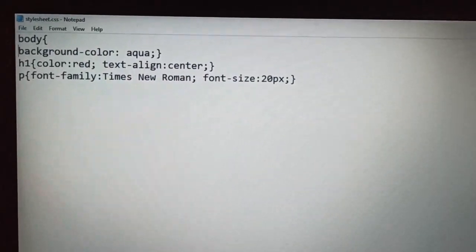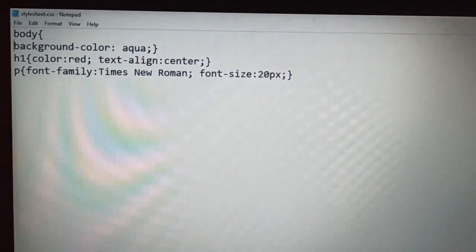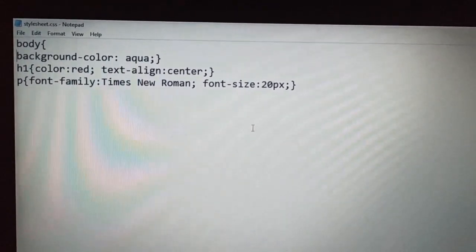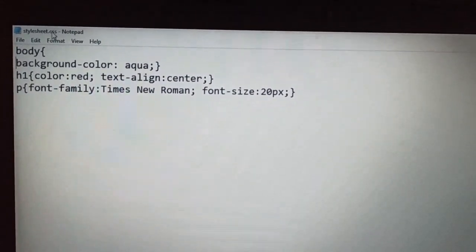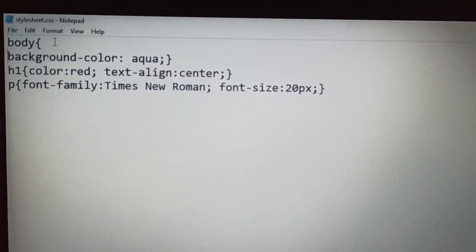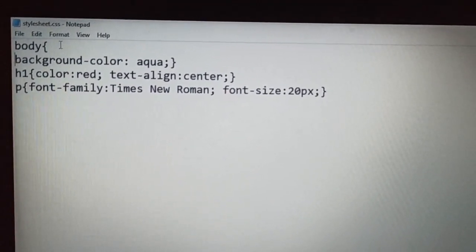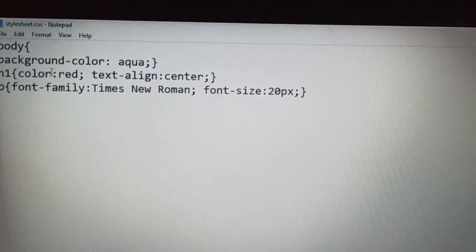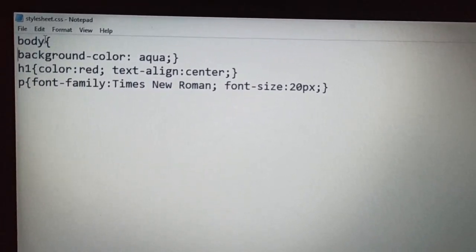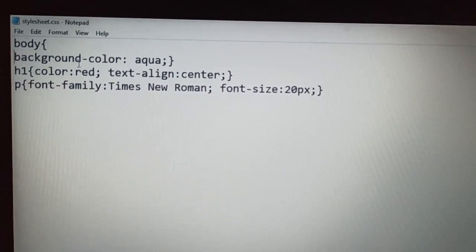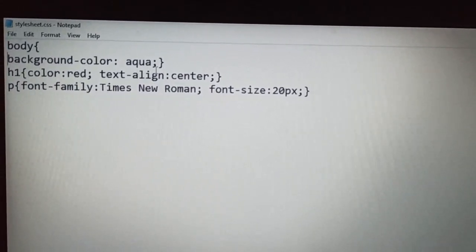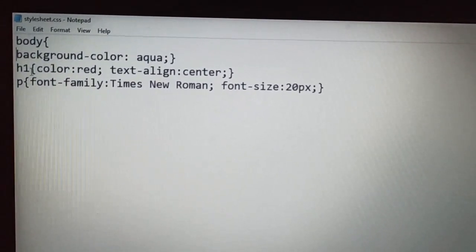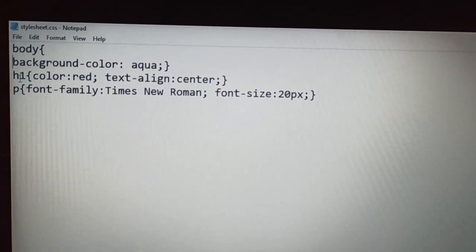Yes, so here I have designed the external style sheet. First I have created the CSS file with the name stylesheet.css. As you can see, it does not start with an HTML tag. Simply I have applied all the CSS styles on different HTML elements. First I have written the body, and then I have applied the CSS style, that is background color should be aqua, and then I have applied the next CSS property on the next HTML element, that is h1.